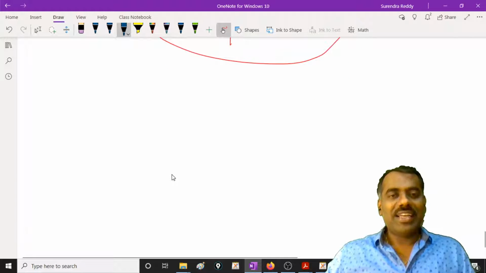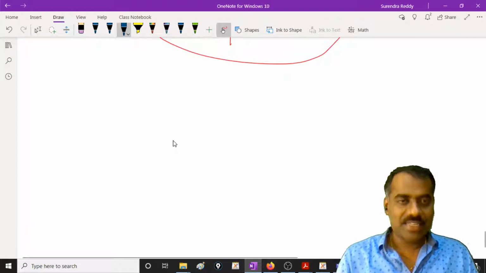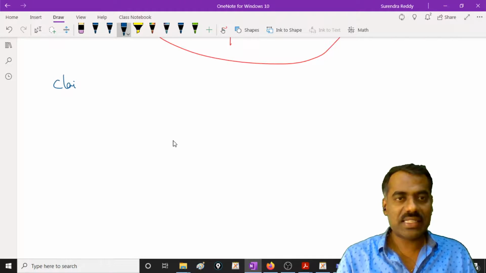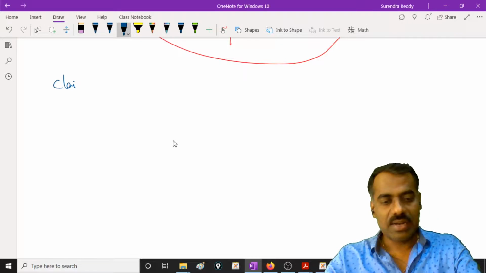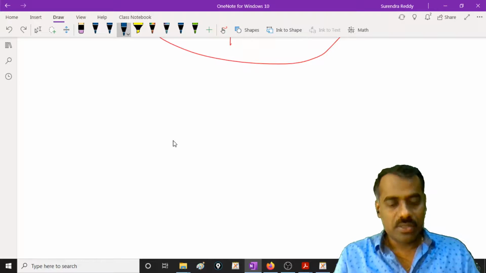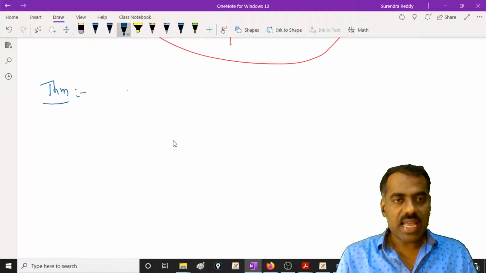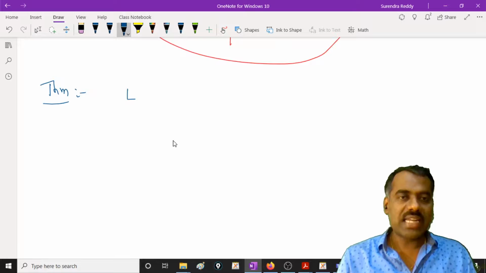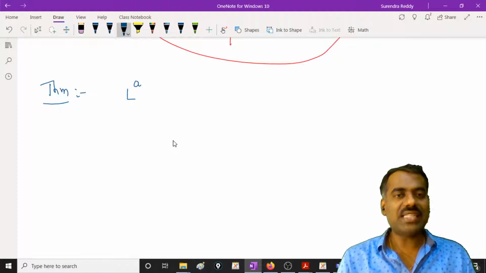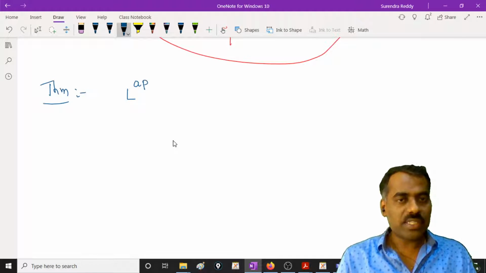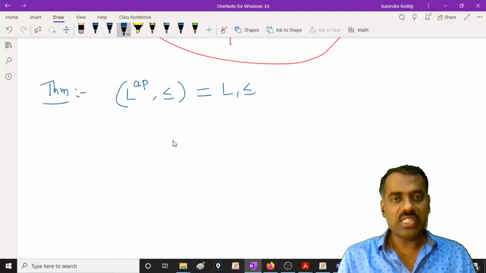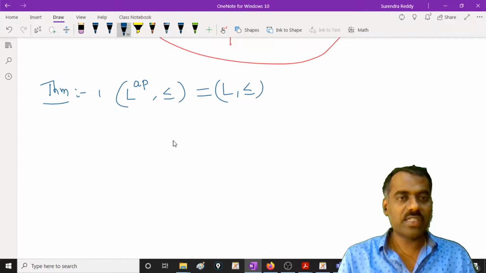So here we will prove this. You can easily prove this. We can just state it as the theorem and then we will prove it. It is not a difficult one. What you have to understand here in the theorem is that you take L as a lattice, then you get a lattice as an algebra, then you get a poset again. This is the same as your original. Is this clear? This is your first one.